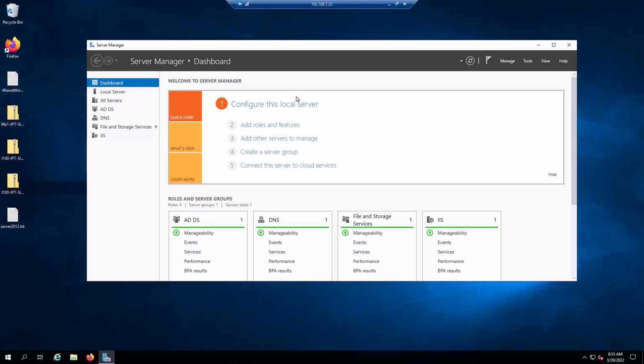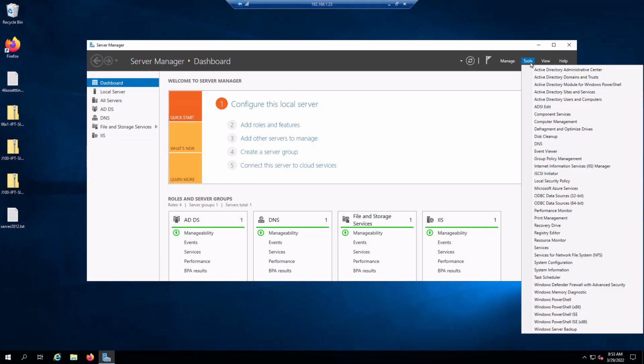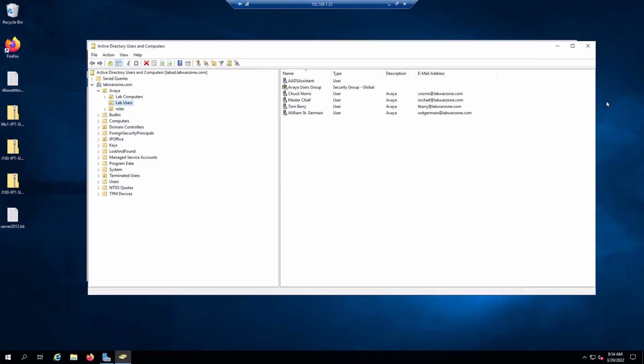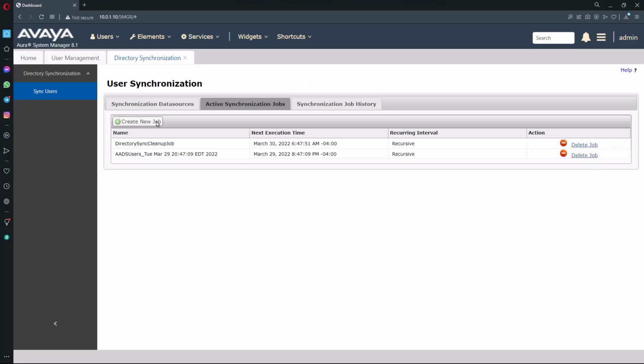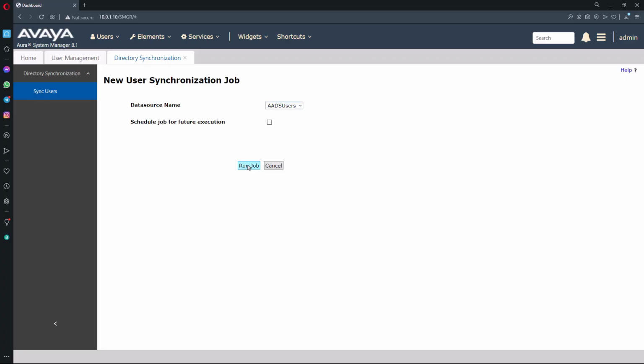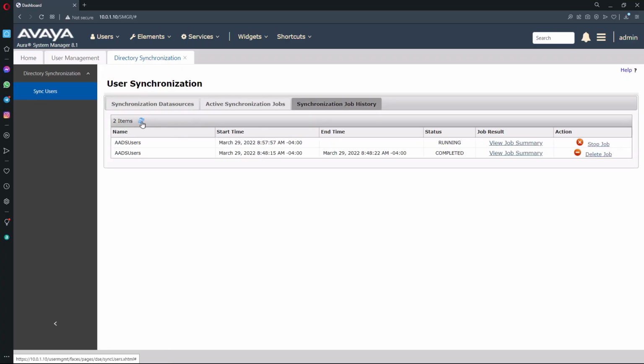Now the last thing that we'll cover is user deletion. As an Active Directory administrator, we'll eventually be asked to delete some users. And I'll go ahead and delete all of the users that I created. It's simple enough. In Active Directory, we select the user and then choose the big red X to delete the user. Now, if we go back over to System Manager and perform another synchronization, we'll let that job run,